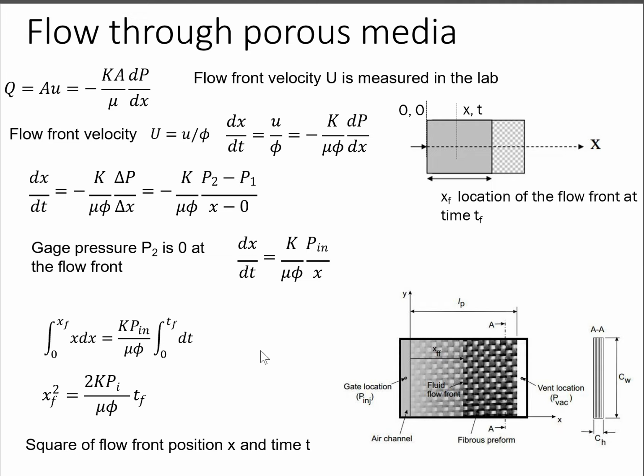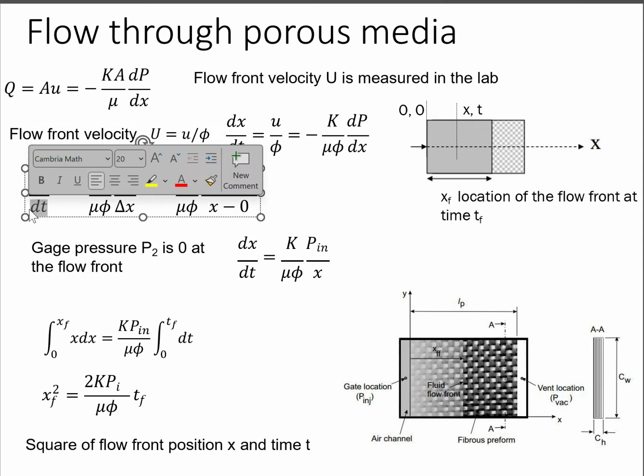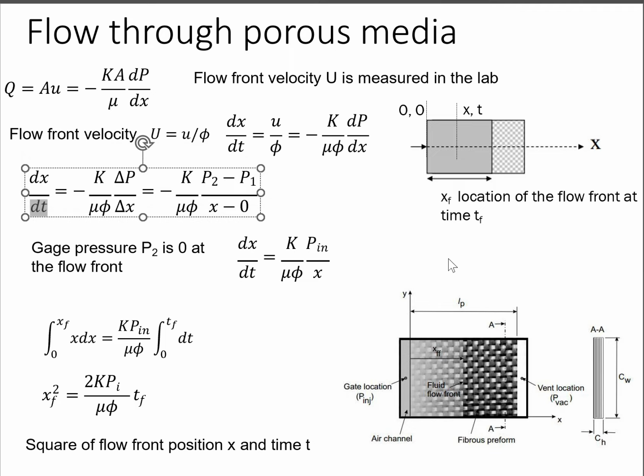Okay, so let's take this formula a step further. We are going to have dx dt, which is your velocity. This is your front location. This is the time that has passed. The recordings are going to be very important in your analysis. It's going to be equal to negative permeability multiplied by delta P divided by delta X, divided by viscosity multiplied by the porosity. Here we have assumed that the pressure changes linearly, so the derivative has become delta